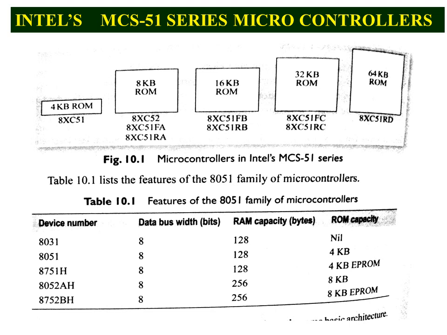Next, the 8751 microcontroller also comes with an 8-bit data bus, 128 byte RAM, and 4 KB of external ROM. The 8052A also has an 8-bit data bus, 256 internal RAM, and ROM capacity of 8 KB. And the 8752B also comes with the 8-bit data bus, RAM